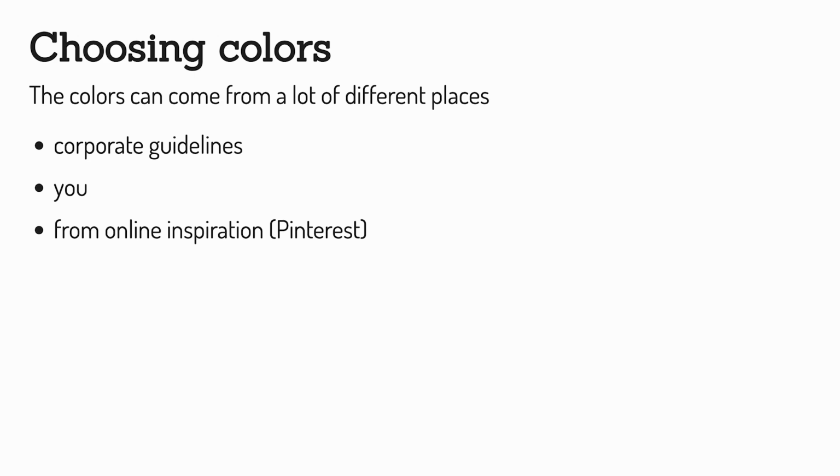We can choose colors. There's 3 main places you can do it. You can either be forced into a color scheme that will use some guidelines you can find. And that's just finding it in your internal documentation and pulling out the colors you try to use. You can pick them yourself. And a thing I end up doing is go on Pinterest and search something color palette. And there's a lot of different inspiration online.